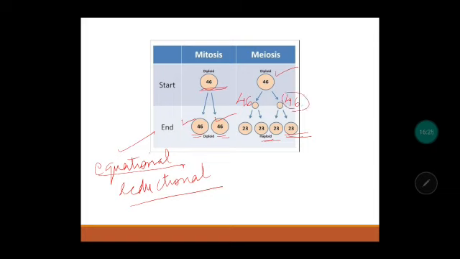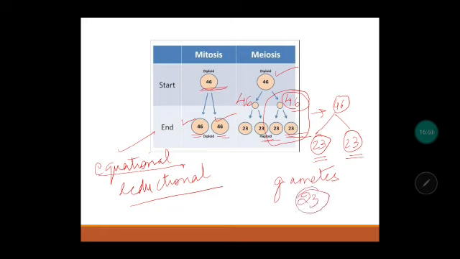Let me look at this picture. Now if this divides, the genetic material will be half. So here 23 chromosomes, and here also 23 chromosomes will be passed on. That is why this cycle is called reductional division. Here half the number of chromosomes, meaning in gametes, in reproductive cells, there are 23 chromosomes because of meiosis. But in mitosis, in our dividing cells, in growing cells, the chromosome number is always 46. But in reproductive cells, it is 23.